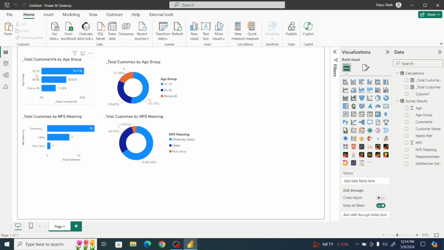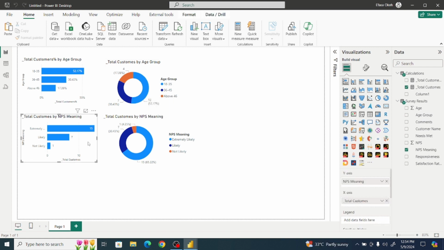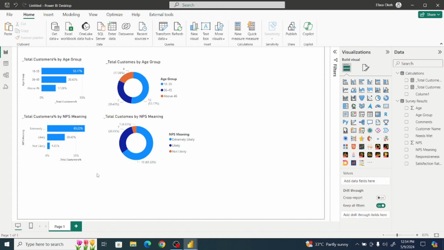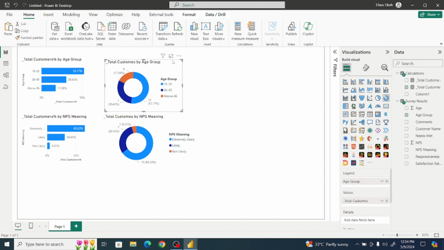So for age between 18 and 35, that's 52.17%. Look at it on the donut chart, we have 52.17% also. So we'll do the same for the customers NPS meaning. I'll uncheck the total customers, I'll replace it with total customers percent. So you also see that we have the same percentage. So it's up to you to choose now if you want to use the column chart or the donut chart to represent this. For me, I'm going to be using the column chart,